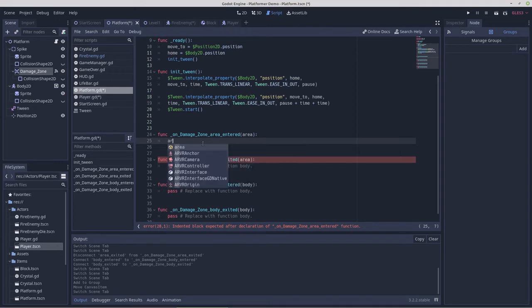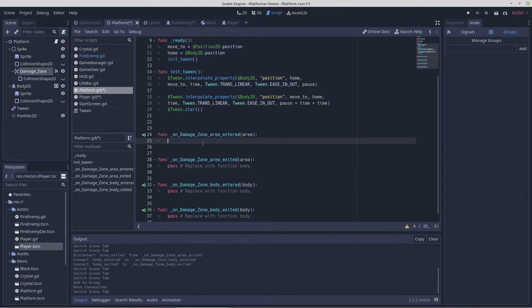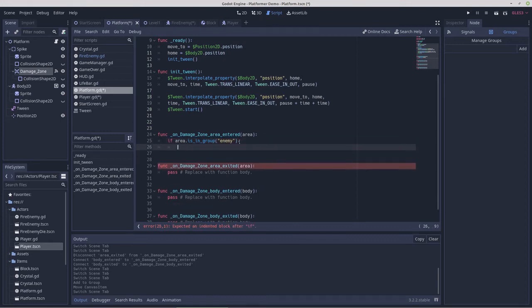So we're going to go, if area dot is in group enemy, if area is in group enemy,